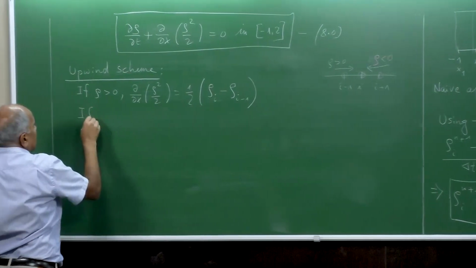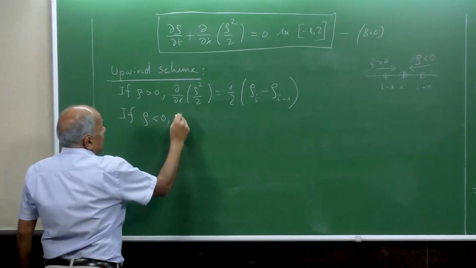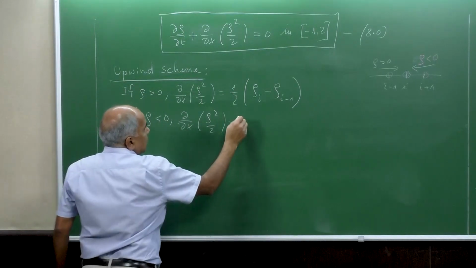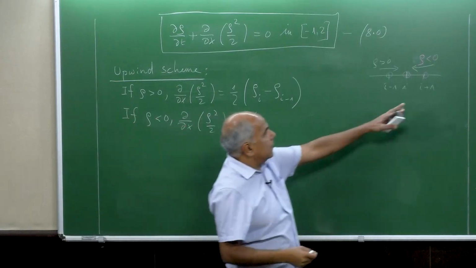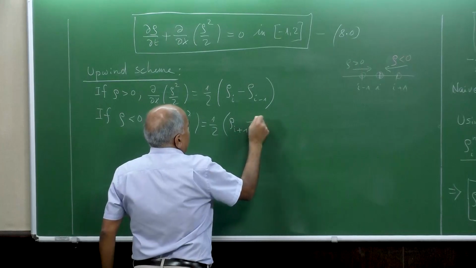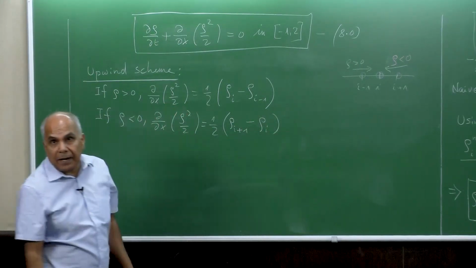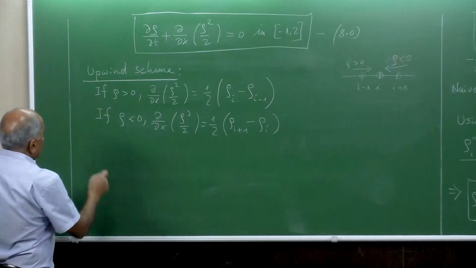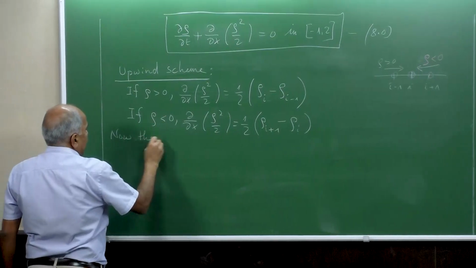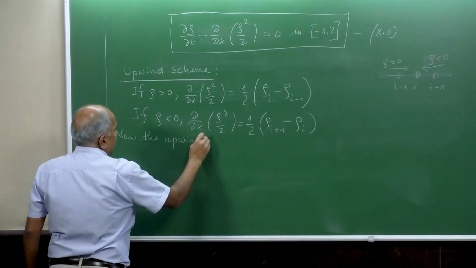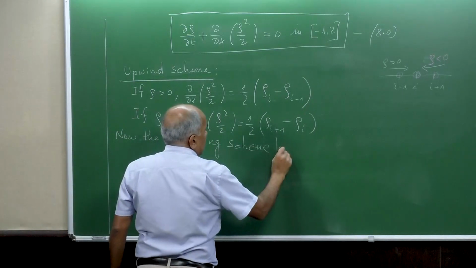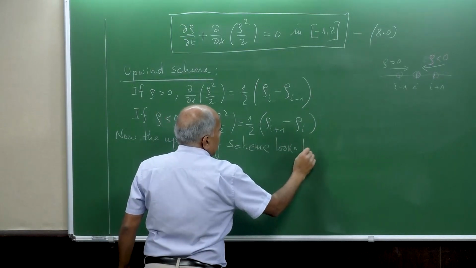So if rho is negative, del by del x of rho square by 2 is equal to half, and then I take rho of I plus 1 minus rho of I. And now the upwinding scheme looks like,